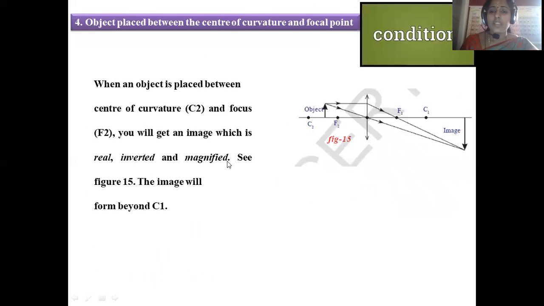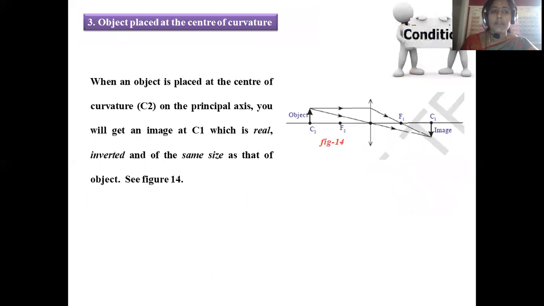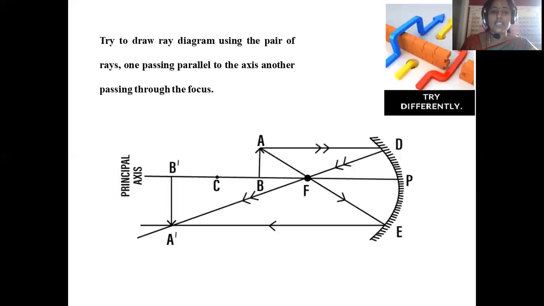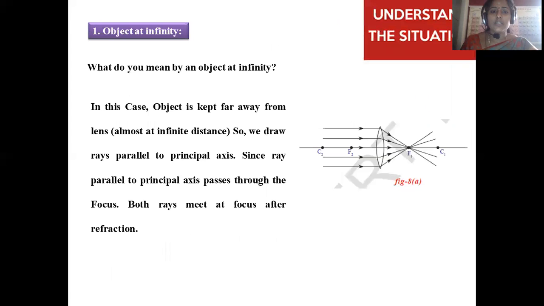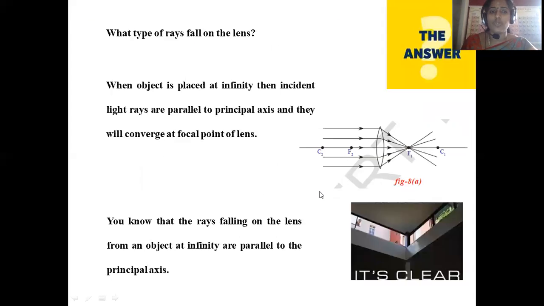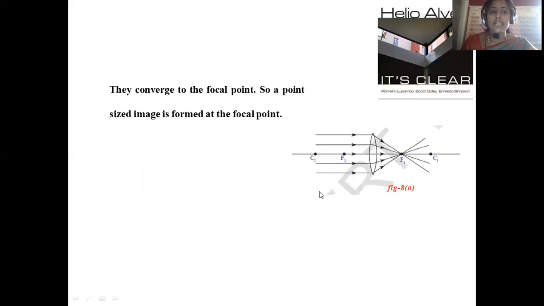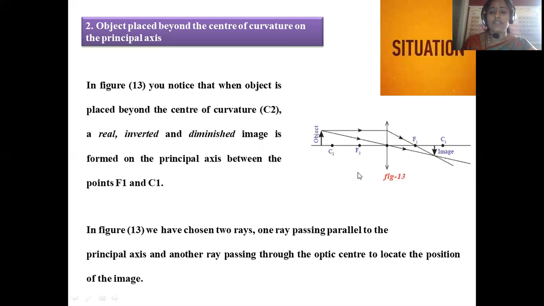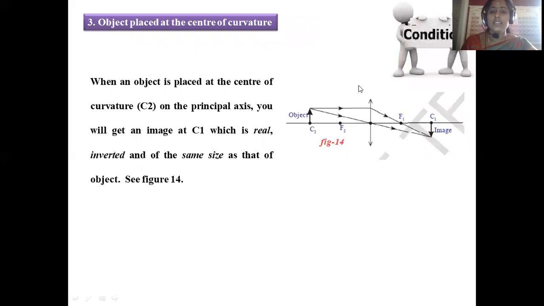How many situations did we apply? Let us combine all 6 situations together. In the first case, you place the object at infinite distance and you get the image at the focal point. In the second condition, the object is placed just beyond the center of curvature, and the image is formed just between the focal point and the center of curvature, inverted and diminished. This is the second condition. In the third condition, if the object is kept exactly at the center of curvature, the image was formed